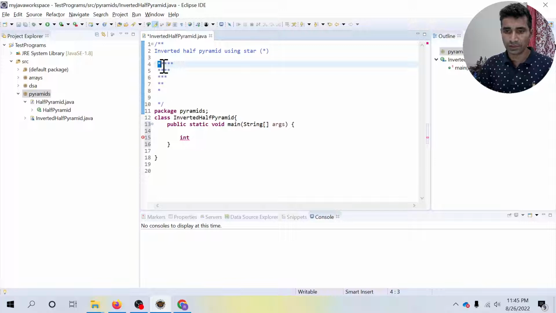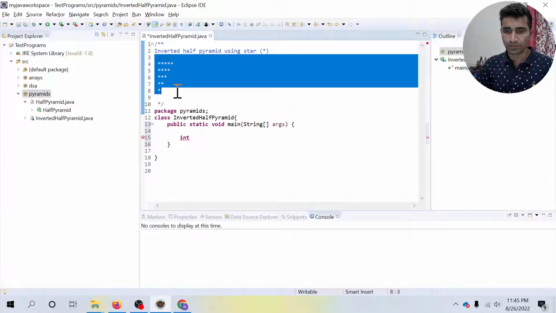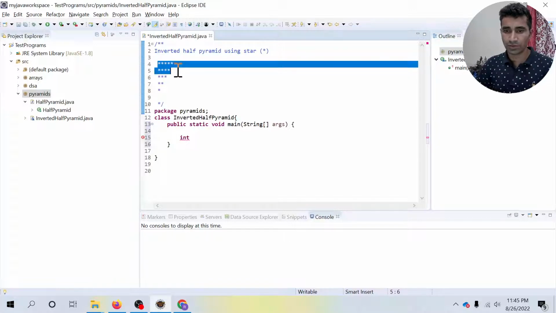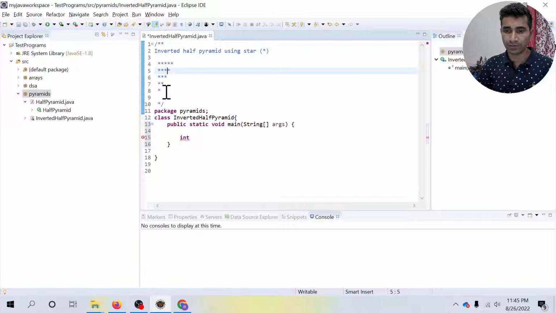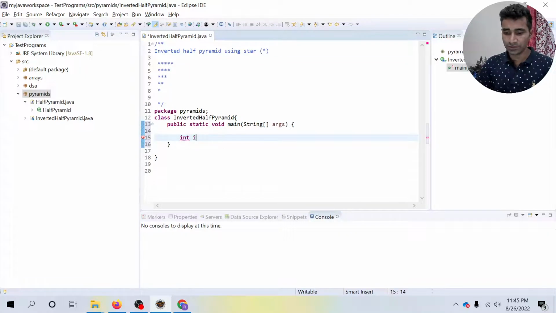As per the requirement, we need to print 5 stars in the first row, 4 stars in the second row, 3 in the third row, 2 in the fourth row, and in the fifth row we are going to print 1 star. Here you can see the number of stars is getting decremented by 1. We need to loop for this